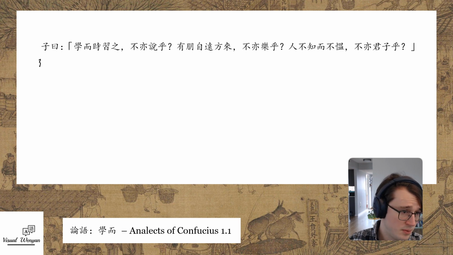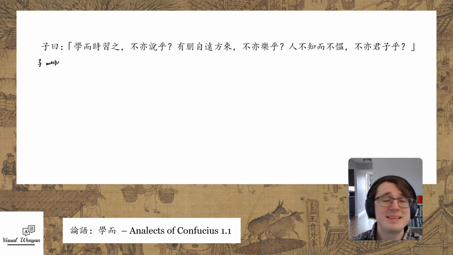So we have 子. That means master. It's an honorific. It's attached to surnames. For Confucius, his surname was Kong. So if you want to call him Master Kong, you call him Kong, and you add the 子 after it. And we'll see that in some of the other sections, but here we can assume that the master is that master. It's Confucius, okay? And then he says, 曰,